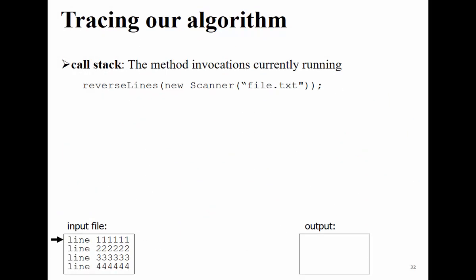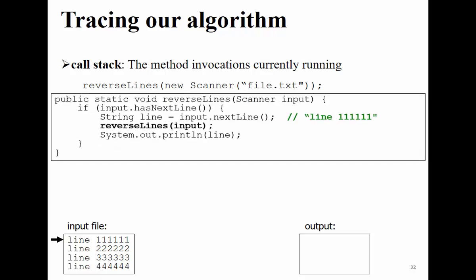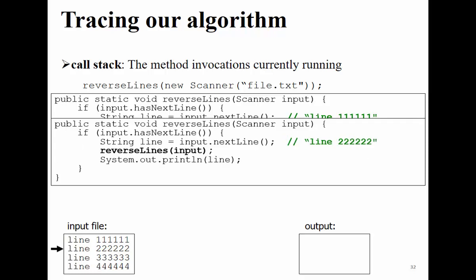Yes. So let us see. This is the input file, and this is the output file. We call the reverseLines. This is the first call. So we're going to start. We're going to read the line, number 1. Yes? And then we start another recursive call. So we read the first line. So the pointer is moved to the line number 2. And we start a new